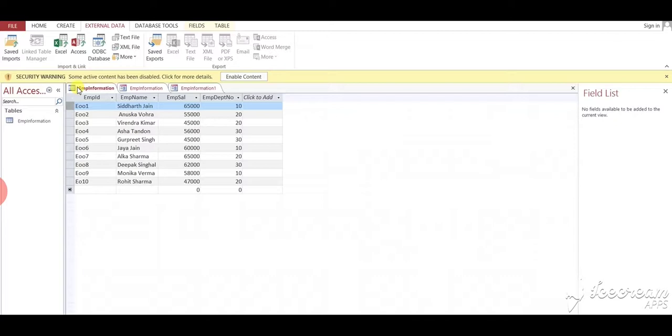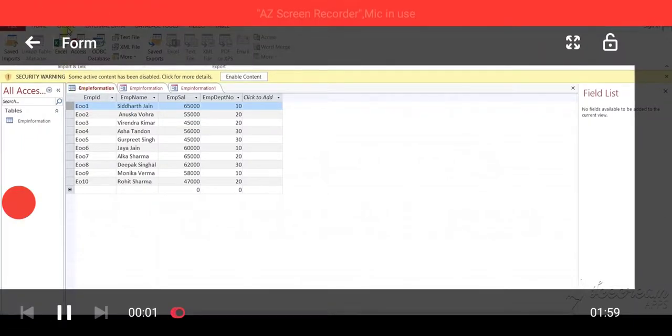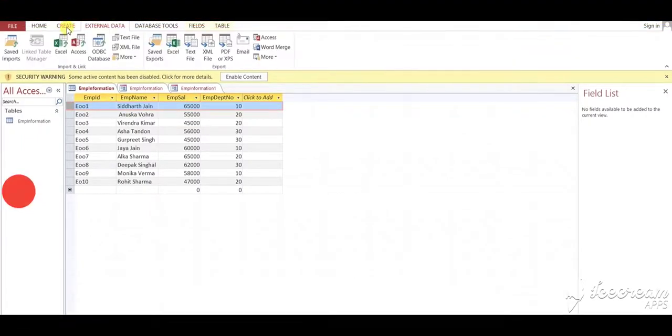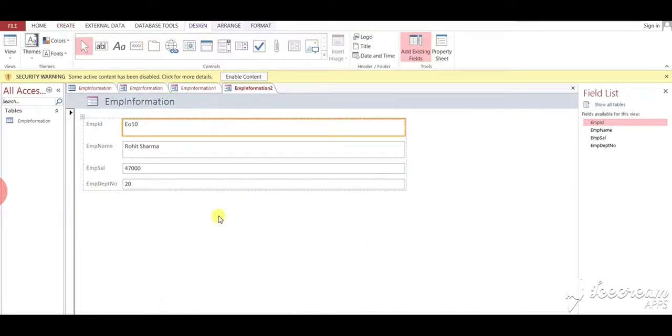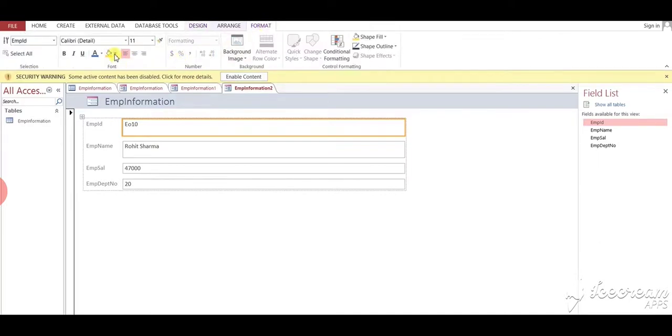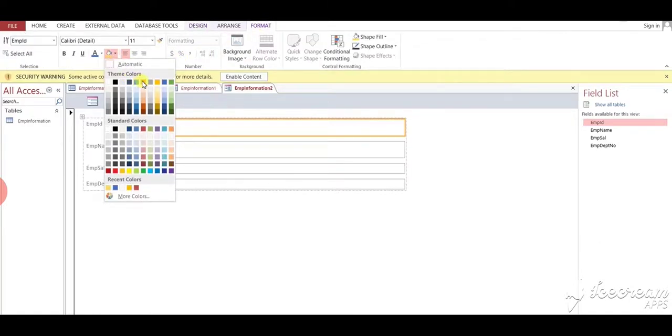Here practically we learn how to make a form. First of all, generate a table and then click on the Create tab. Create tab, then Forms group, then select Form. First of all, select the first row of the table, then click on Form. So in this way we can generate a form. A form is used to insert a record in the table.